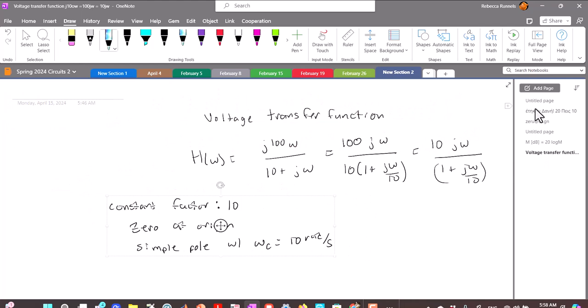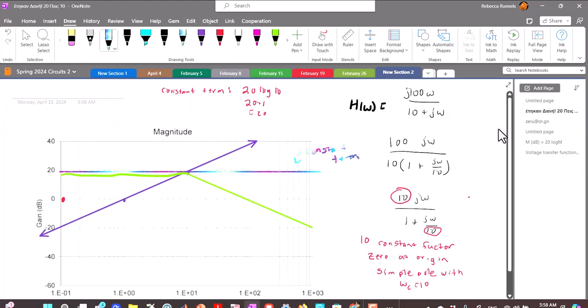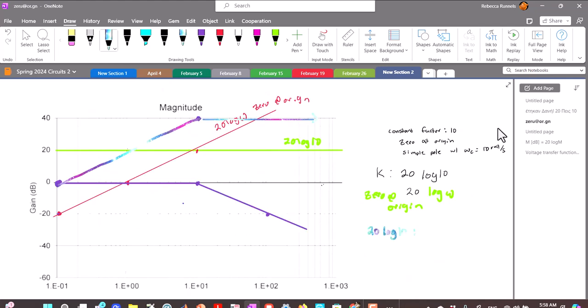So let's say omega was 300. So omega is 300. So it'd be 20 log 10 plus,